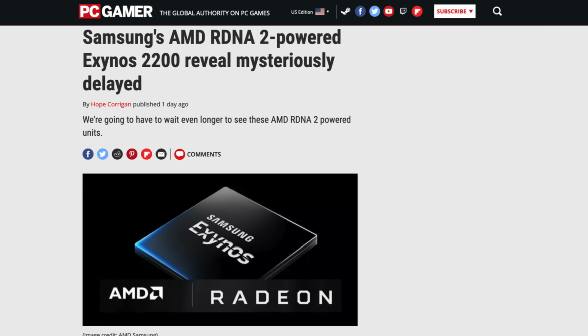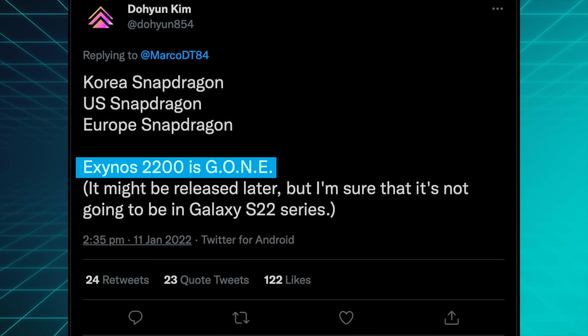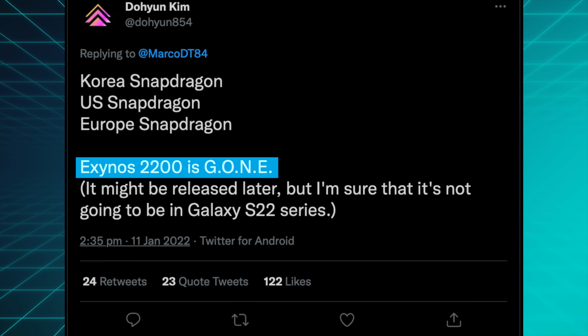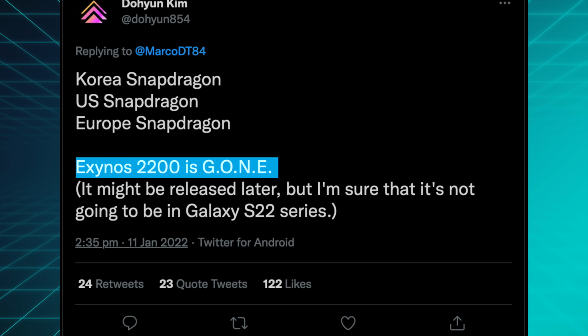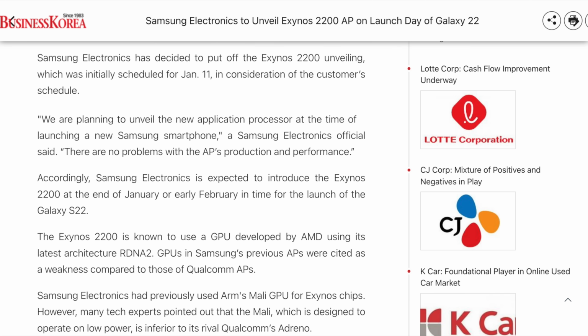As you would expect, the rumor mill went pretty wild pretty swiftly, with the first rumors suggesting that the Exynos 2200 would no longer be used in any of the S22 series that are supposed to be launching on the 9th of February at all, and that Samsung would basically just go for the Snapdragon 8 Gen 1 in all markets. Samsung quickly tried to deny the rumors by telling Business Korea that, quote, "We are planning to unveil the